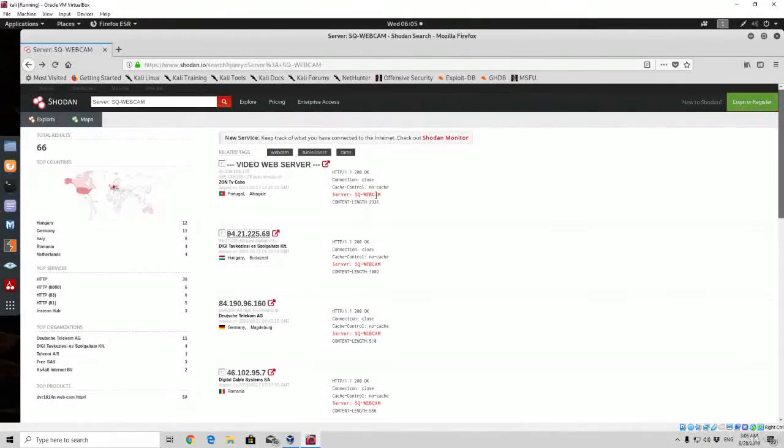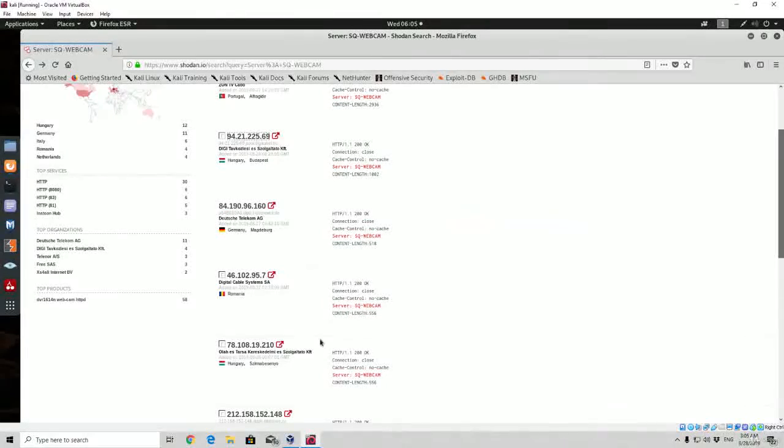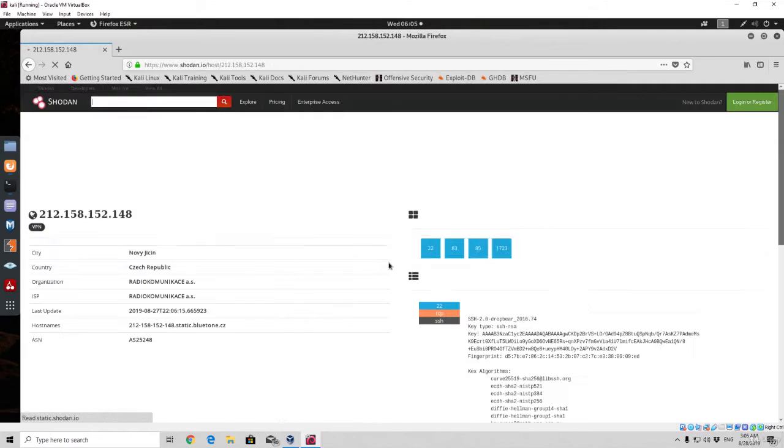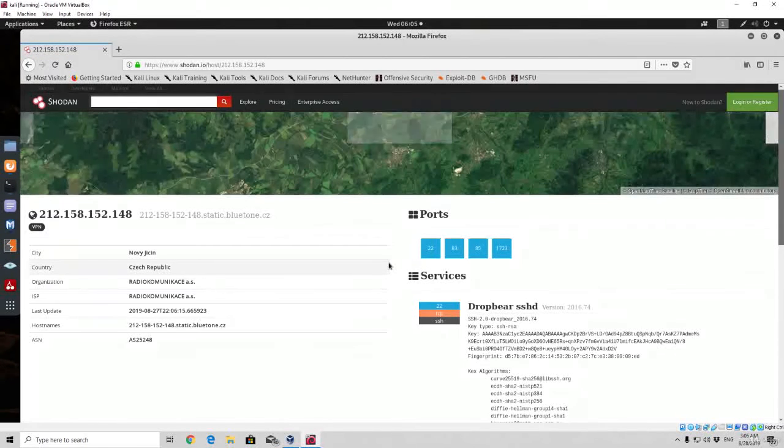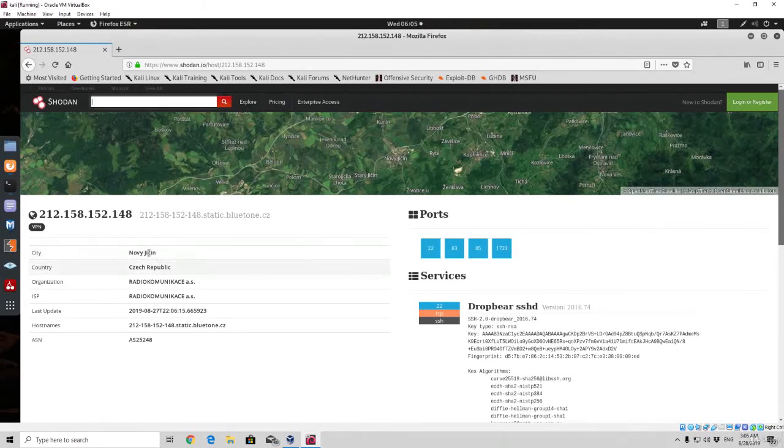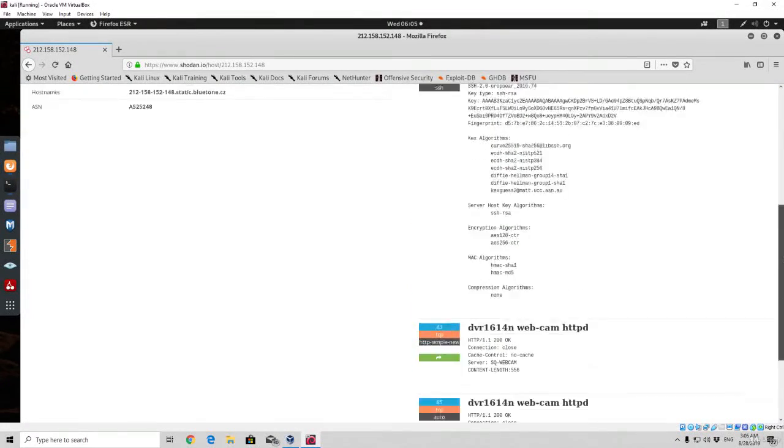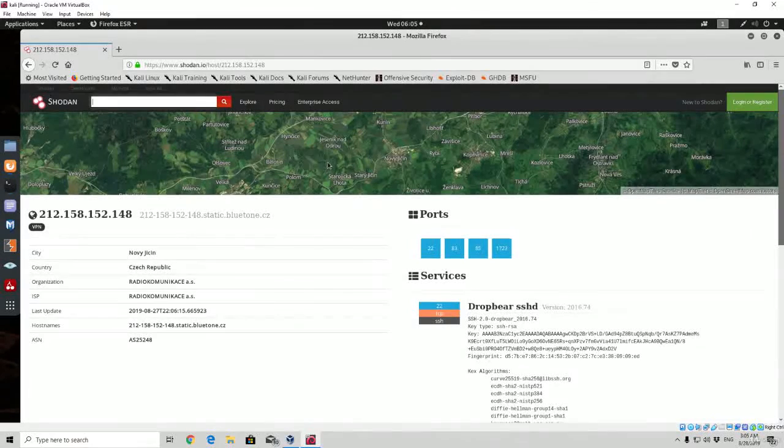So let us check out another IP address. For example, let's go with this one. We'll simply type it right here. So this one is from Czech Republic. Now I'm not even going to try to read this. For example, Novi Yusin. I'm not really sure how to pronounce the actual town name. As we can see right here, we do not have any vulnerabilities,